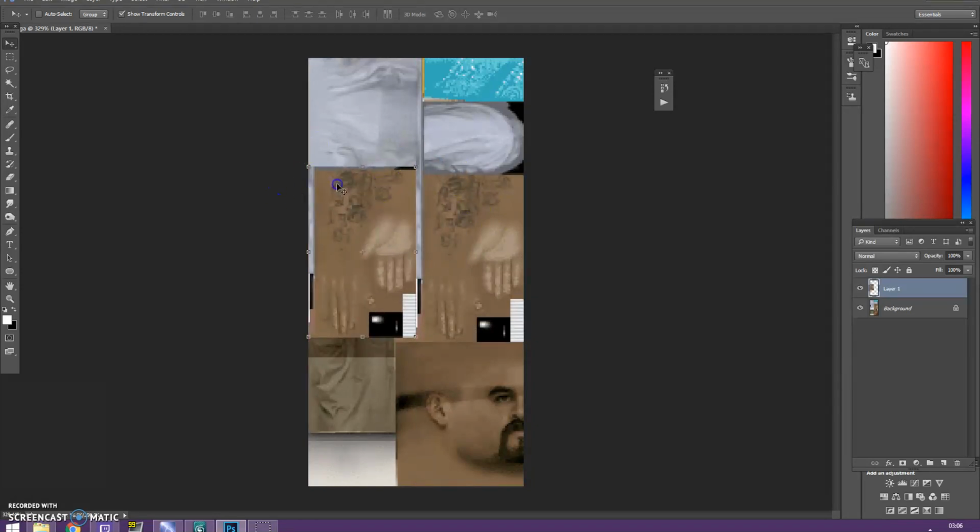For me, it's going to be the arms. I'm just going to put that over to the side. Now you can just work straight off this area, but just for safekeeping, or caution, we're going to duplicate it. So if we mess this one up, we can just start over real easy. So the first thing we're going to do, because this has tattoos on, and I know there are a few tattoos on other skins in this same area,